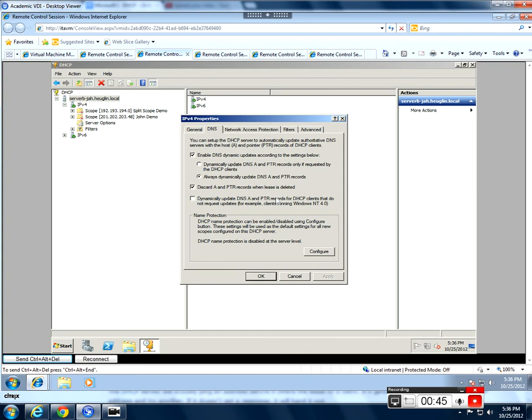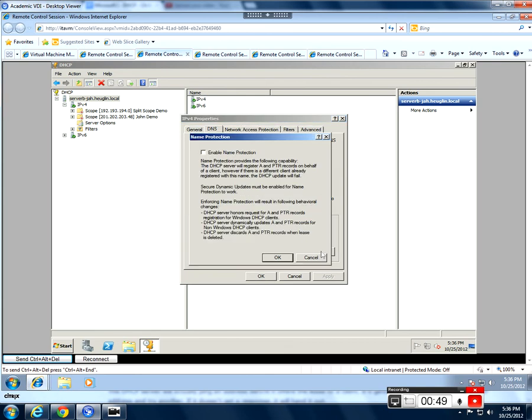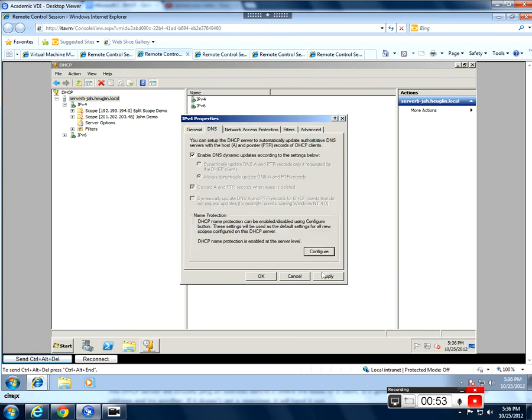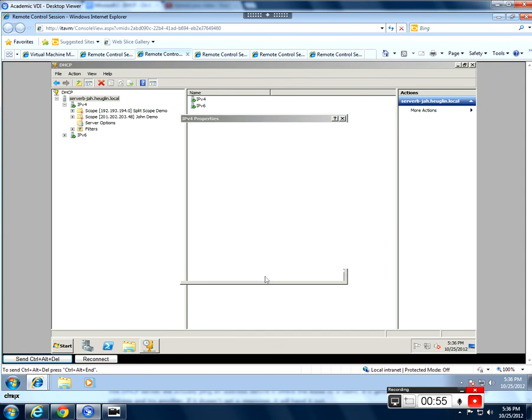The next thing we want to do is enable name protection. So here's the name protection area down here below. Configure that and just simply check the checkbox to enable that. Say OK, and again apply. And say OK. The last thing we want to do is add server B to the appropriate Active Directory built-in